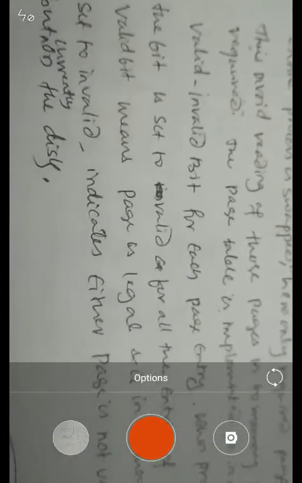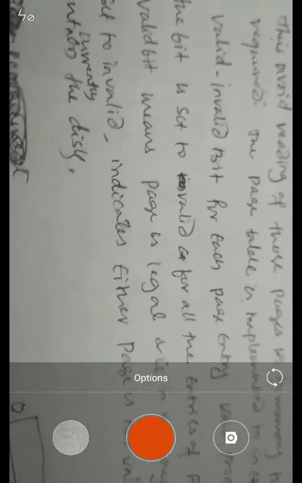When a process is swapped in, the bit is set to valid for all the entries of the page table. The valid bit means the page is legal and is in memory. If the bit is invalid, it indicates that the page is not valid and may be available on the backing store. So I will show the scenario diagrammatically.